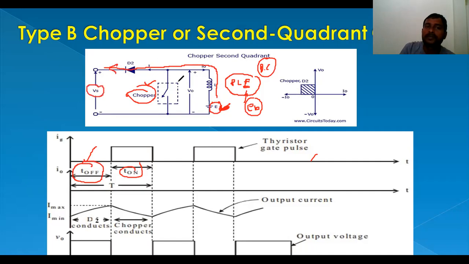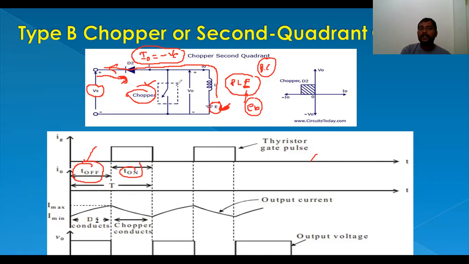Look at this one. This is the source, this is the direction, but due to the external voltage, the inductor is charging and it will deliver the energy back to the supply. Nothing but the current is reversed. Output current is negative, nothing but the opposite direction to the previous direction. So that current is negative.